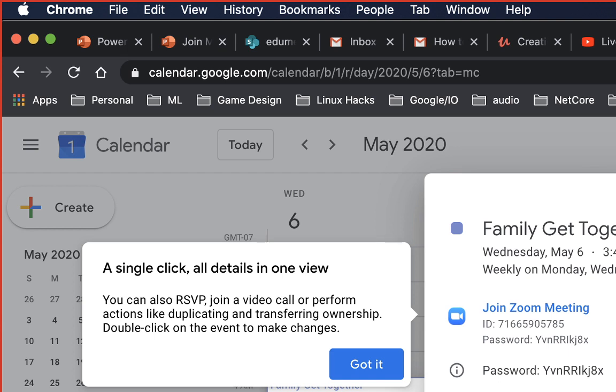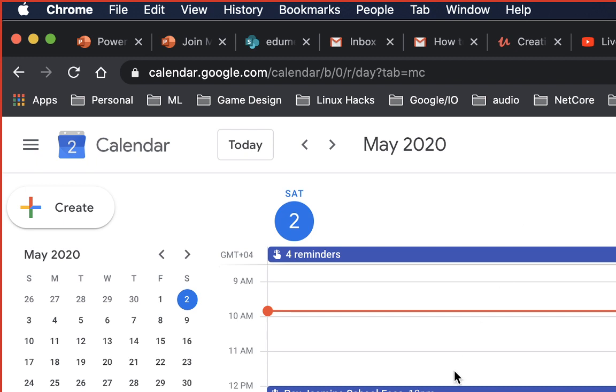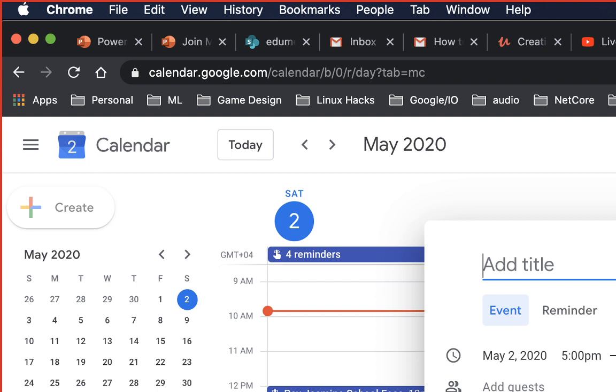Now we have spoken a little bit about repetition and events, but there are other use cases for calendar as well. The other use case that I can think of is that you want to set yourself a reminder. For instance, you need to grade the mark sheets, or the copies of the students,